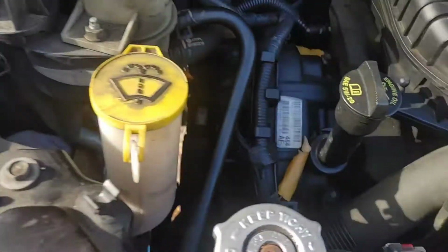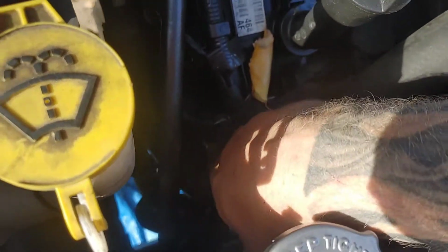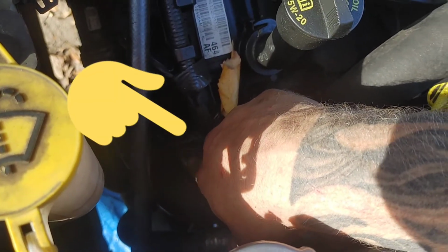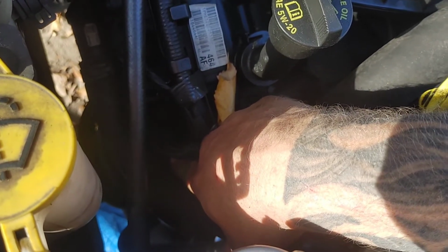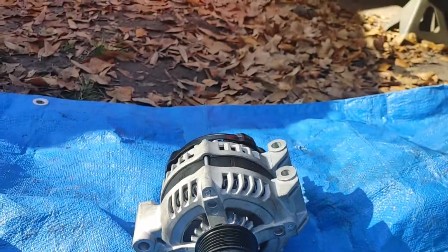As everybody knows, the alternator is actually in here at a terrible spot. I'm going to point out it's right there in the darkness there. So there you go. I'll use one of my fingers. There we go. But we're not going that way. Okay, we're going from down below. But I want to point out to you guys really quick,